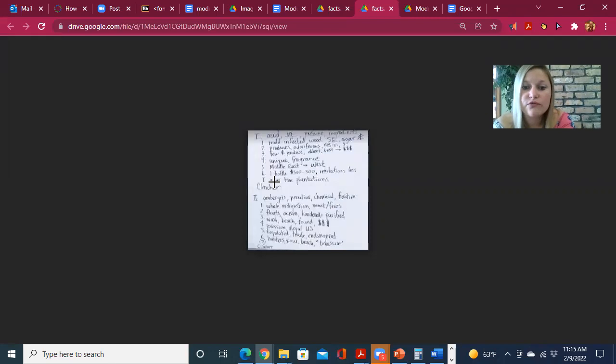Okay, and don't forget when you're writing your clincher sentence, when you're doing summary writing, that the topic sentence and the clincher sentence must repeat or reflect 2 to 3 key words. Okay,